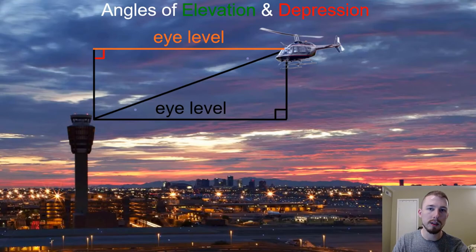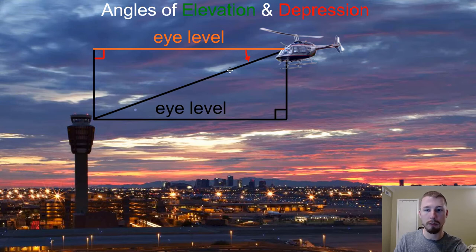Hello, welcome back. Let's start our last topic, which is angles of elevation and depression. Let's say that we have a helicopter that's approaching a runway, and he sees the air traffic control tower. From the perspective of the helicopter, from eye level, he would look down to the air traffic control. That angle that he looks down would be called an angle of depression, because from eye level he's looking down,